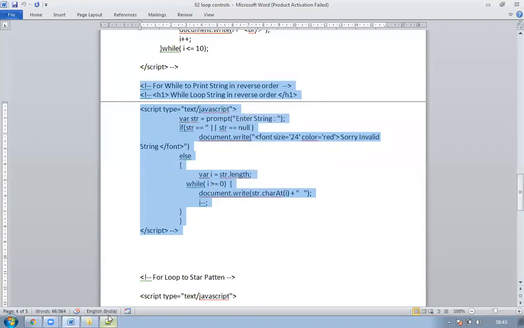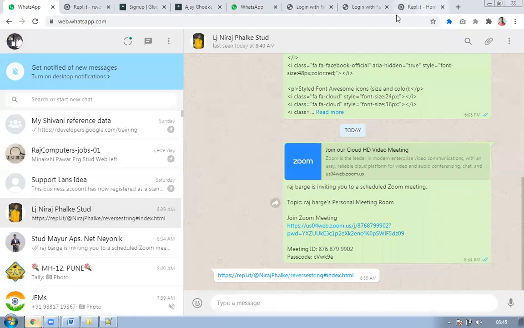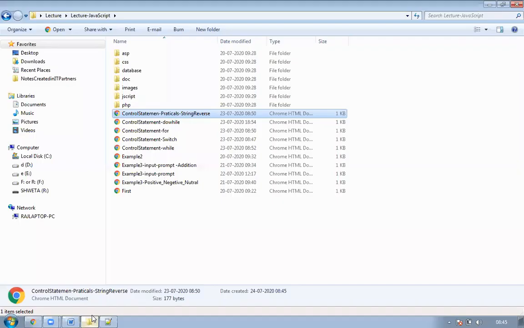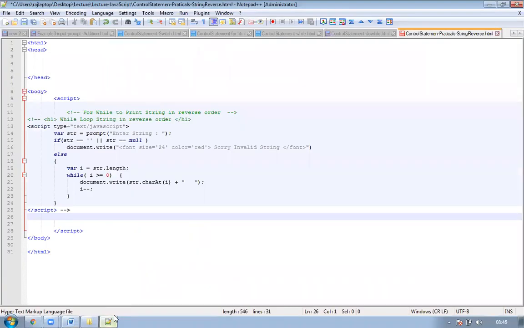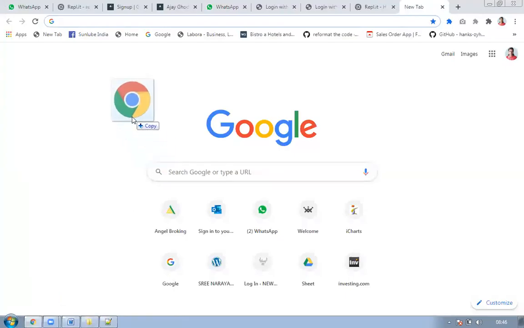I copy this data and paste it. Now I require a browser to open it. Just make sure the file is saved. Drag and drop into the browser, it runs.